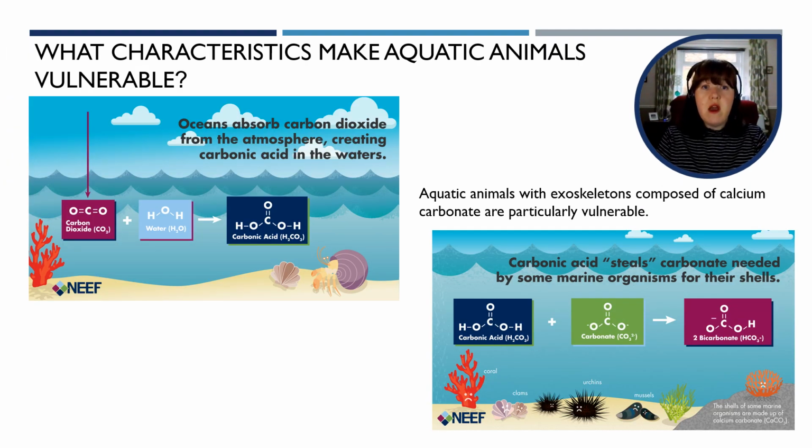So, what characteristics make aquatic animals particularly vulnerable to any negative effects of changes in pH? Aquatic animals with calcium carbonate exoskeletons like mollusks and crustaceans are highly vulnerable to acidic waters. Increased carbon dioxide dissolves in seawater, forming carbonic acid, which lowers the pH and reduces the availability of carbonate ions needed for shell formation. This makes it harder for these organisms to build and maintain their shells, leading to weaker structures, reduced survival, and reproductive challenges. Ocean acidification threatens these species and disrupts marine ecosystems reliant on them.